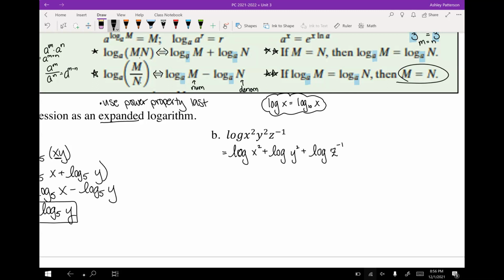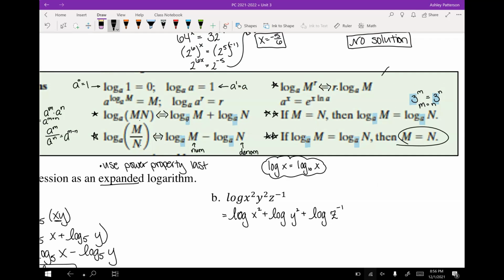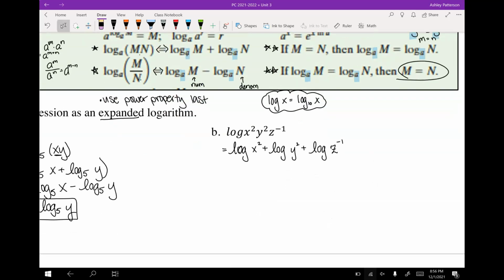Nice. Now there aren't any quotient properties to use, so the next thing we'll check is the power property, and that's this one right here. Are there any exponents we can bring to the front? Yeah, there's 3. So we're going to say that this is 2 times the log of x plus 2 times the log of y minus